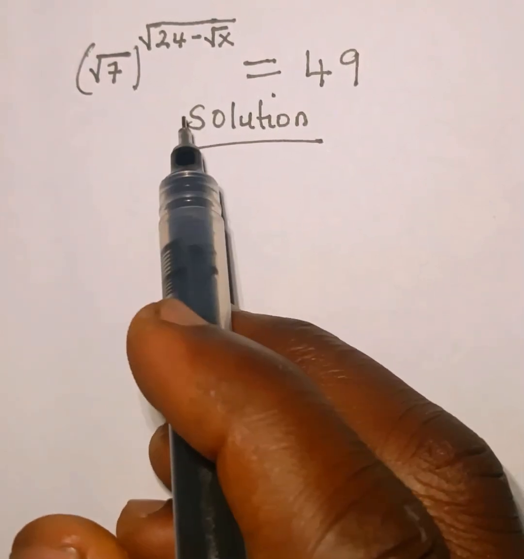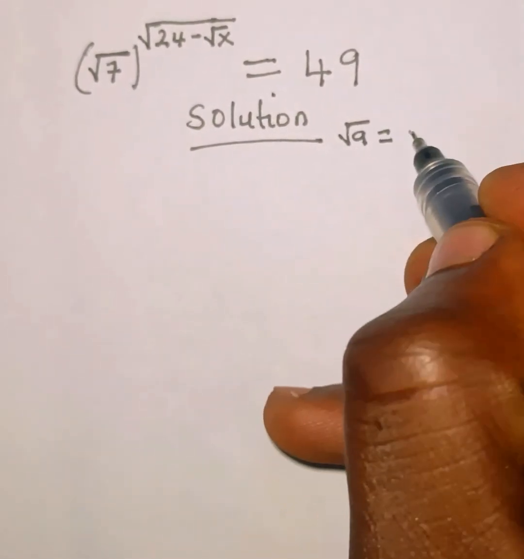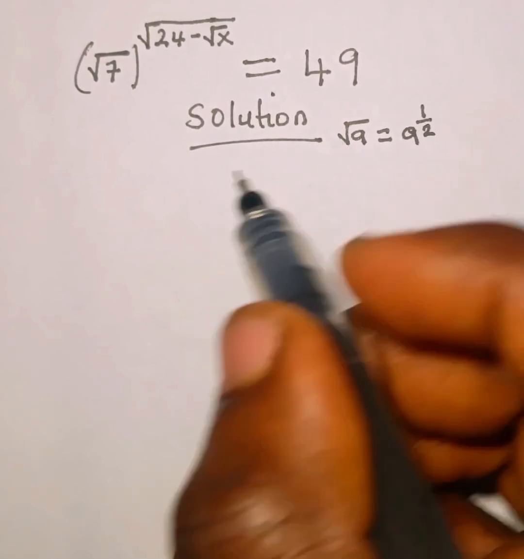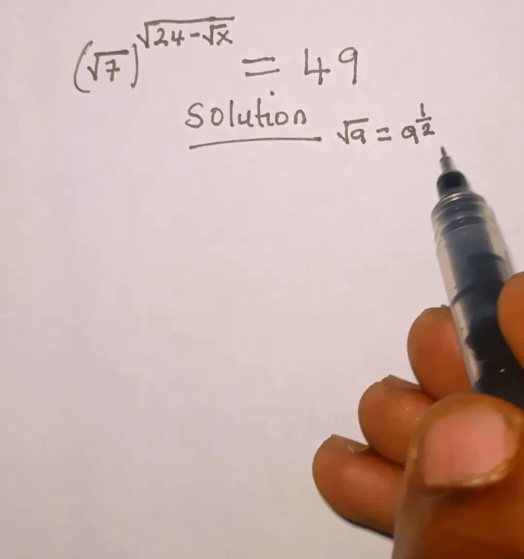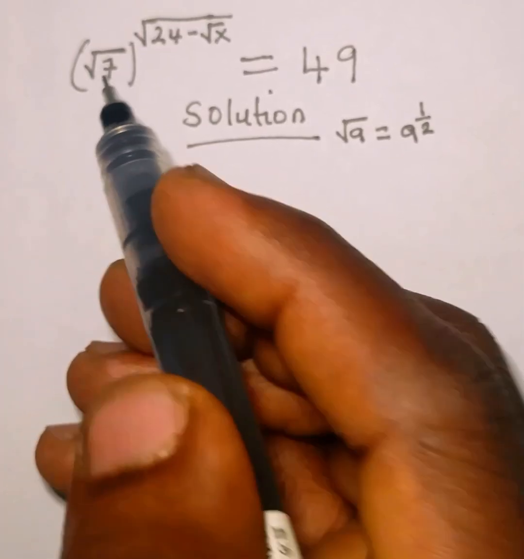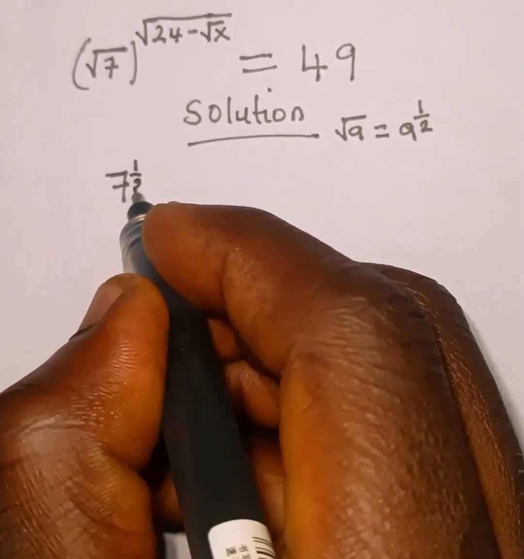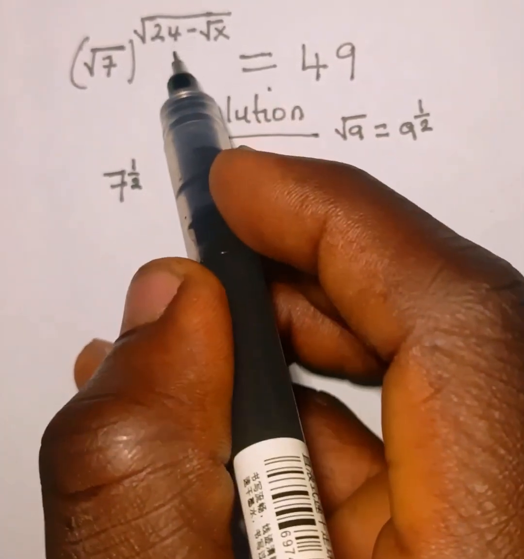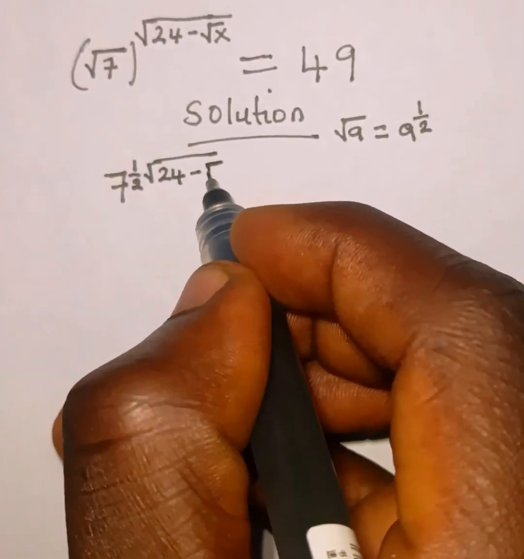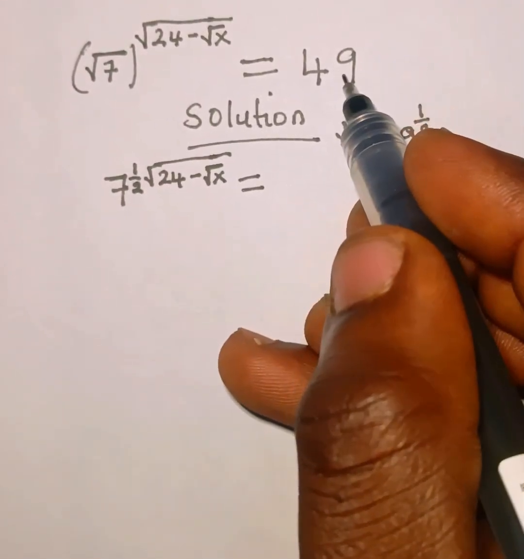To solve this equation, the first thing we need to recall is that when we have square root of a, this can also be written as a raised to the power of half. So this is equivalent to this. So this square root of 7 we are going to transform into this form. Therefore, the whole of this base, square root of 7, can also be written as 7 raised to the power of 1 over 2. Then all to the power of the initial power, which is square root of 24 minus square root of x, then everything will be equal to